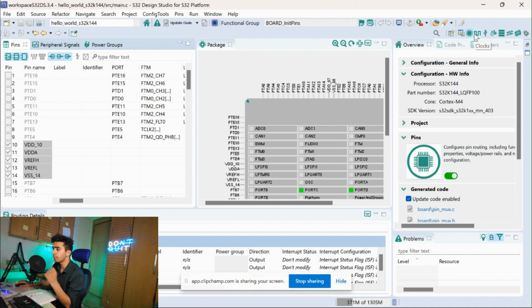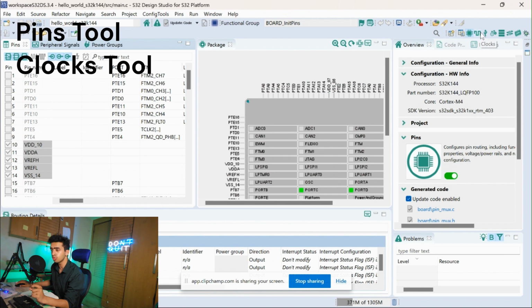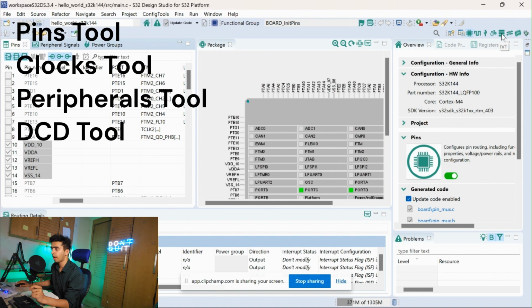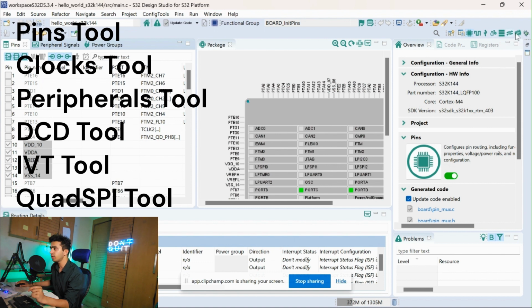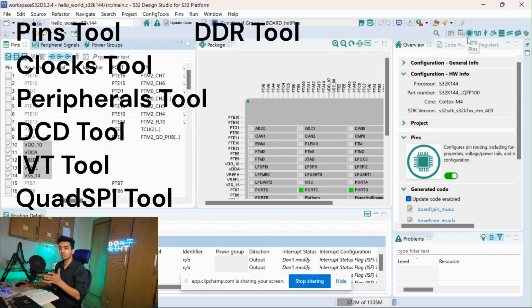There are broadly 5 to 6 types of tools. First is the pins tool, another is the clocks tool, next is the peripherals tool, and then DCD, IVT, Quad SPI, and the DDR memory tool. Each tool is used for configuring certain features, peripherals and specifications of the S32